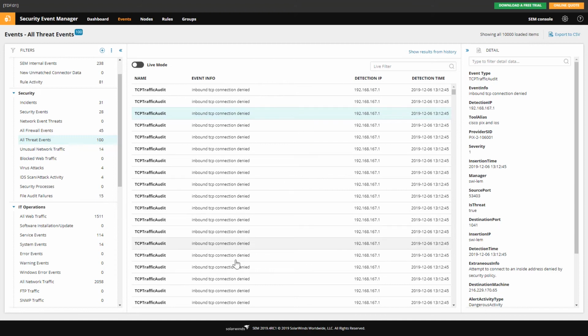So all of these TCP traffic audit events have been flagged as going to a known bad actor IP address, host name, or domain, things like that. Okay, which basically means I should probably take a look at who's generating this activity and go have a talk with them or see if their machine is compromised, etc.